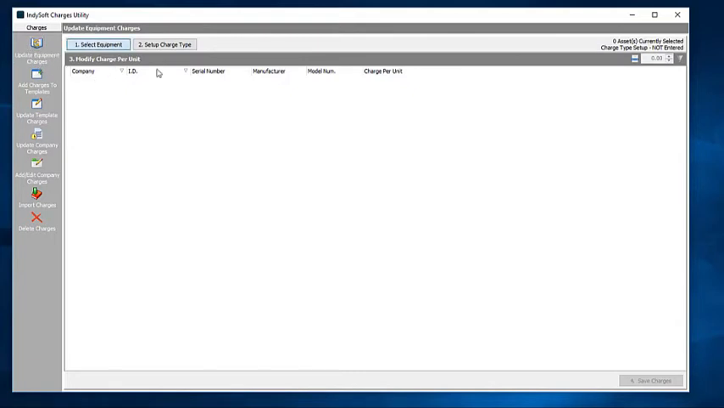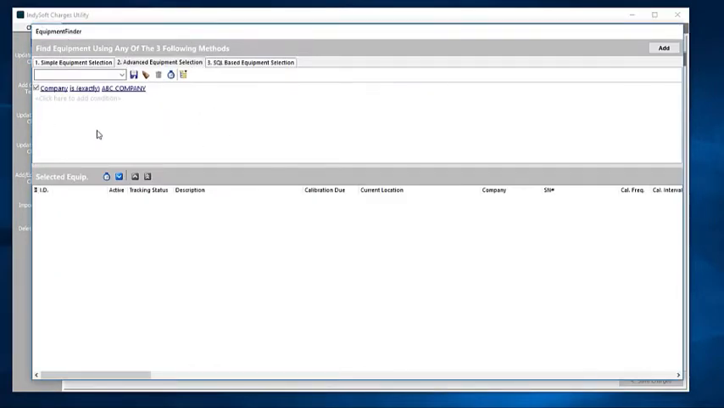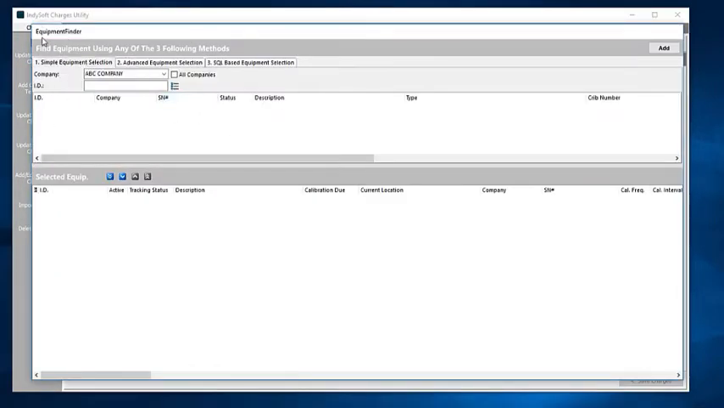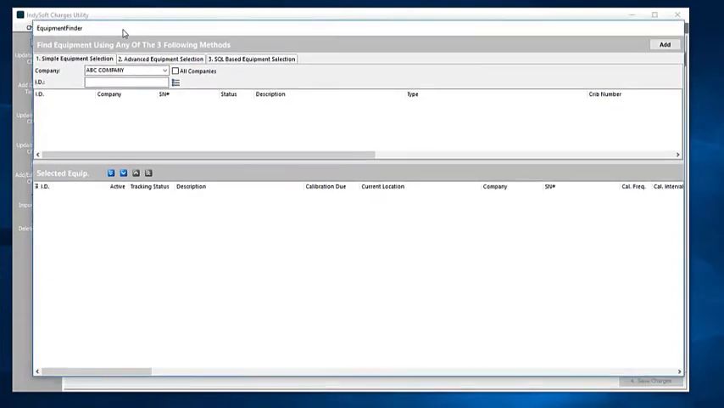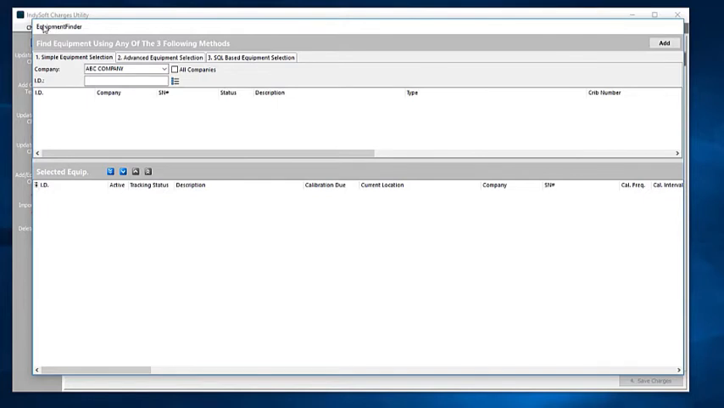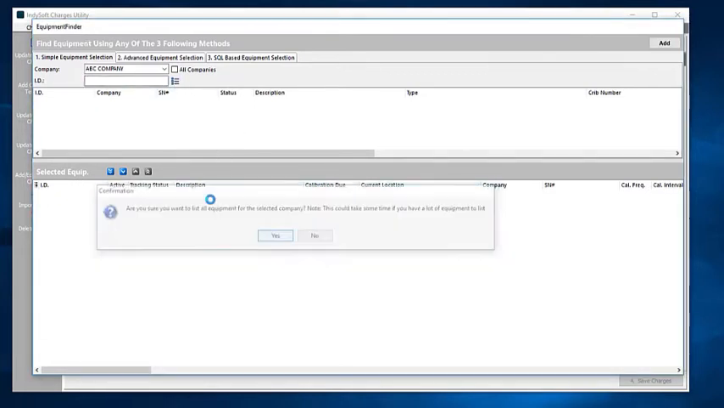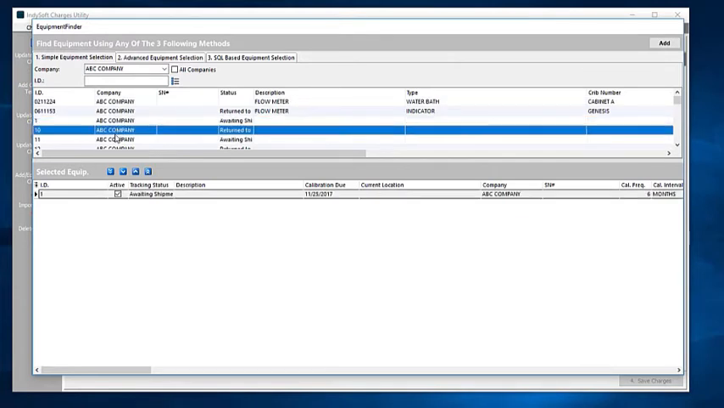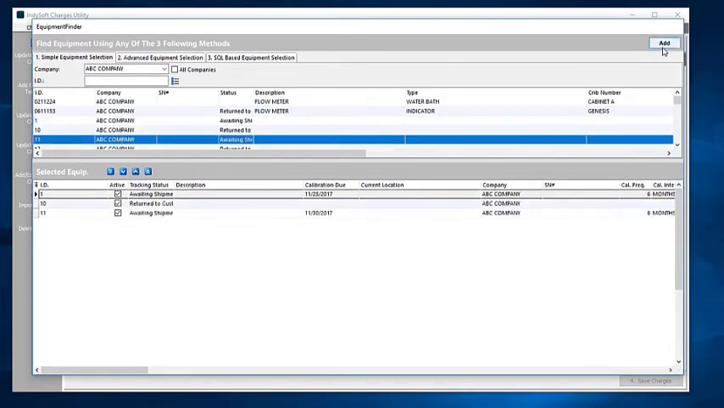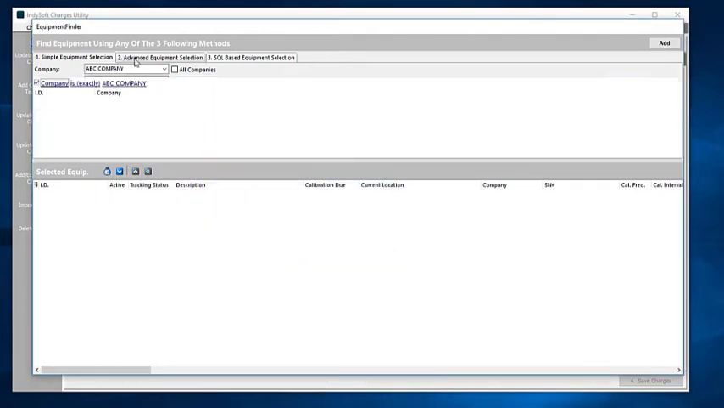We hit select equipment, and within select equipment, for those of you who are familiar with Equipment Finder, this is going to be just a little quick refresh for you. But if you are unaware of Equipment Finder specifics, please watch our Equipment Finder video. And so we can always just add individual assets here and hit add, because that's going to select these 3 gauges that I have. Or what we can do, and what I would probably recommend you do, is go into